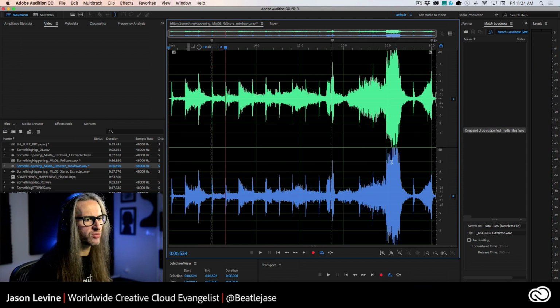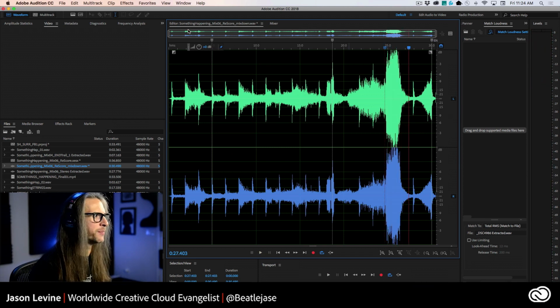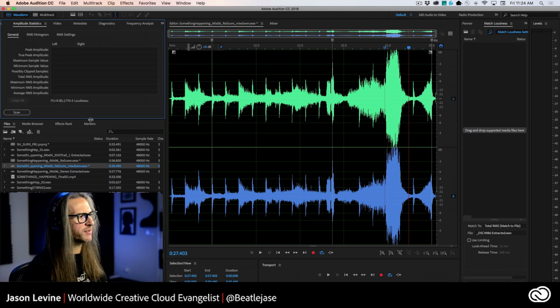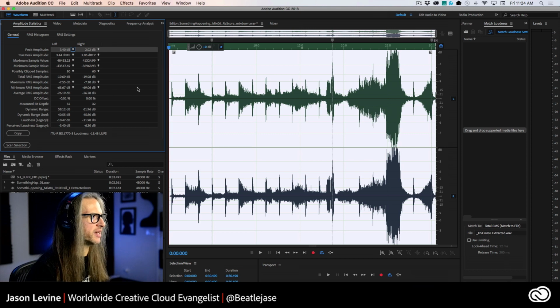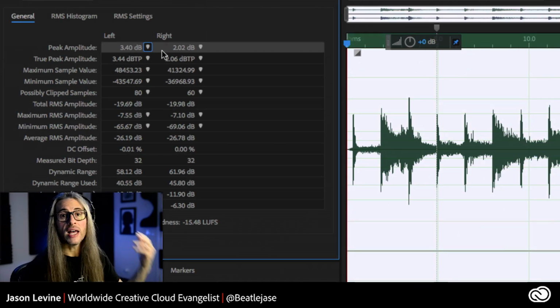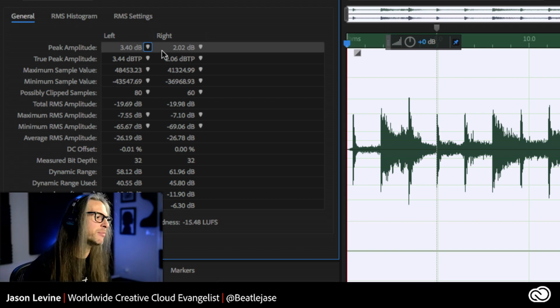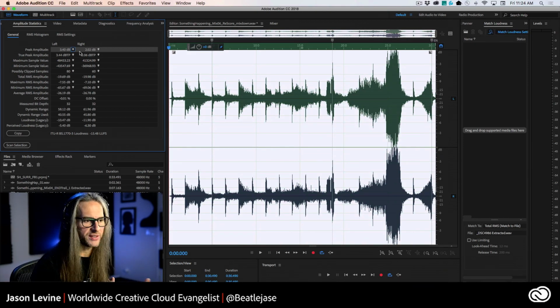And you can see that we've got some real hot sections here that are exceeding 0 dB. So this is where we're going to use something that we talked about last week, which is some of our analysis tools, okay? And as we take a look here, we can actually see that our peak amplitude is well above 0. Now, the reason we're even able to do that is because we're working in this 32-bit floating point